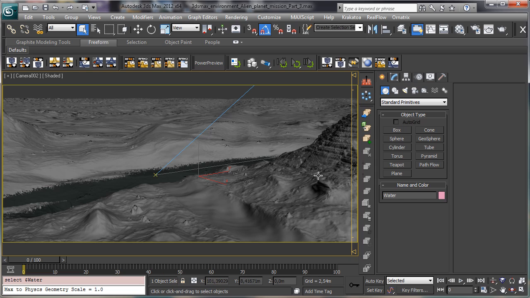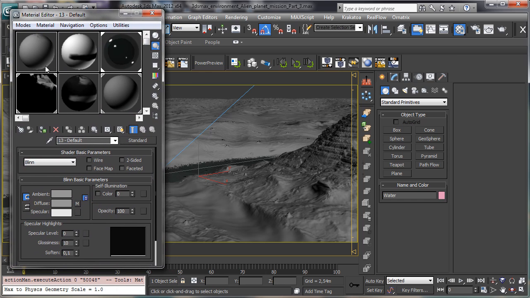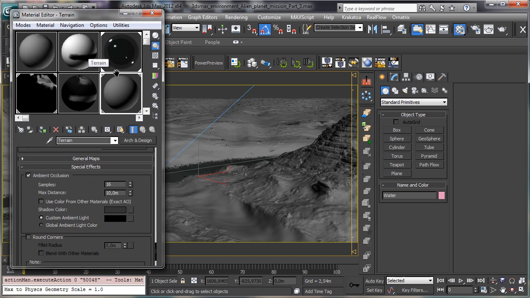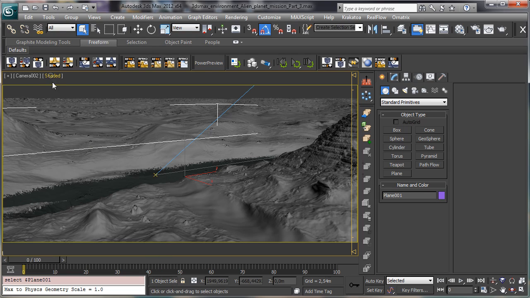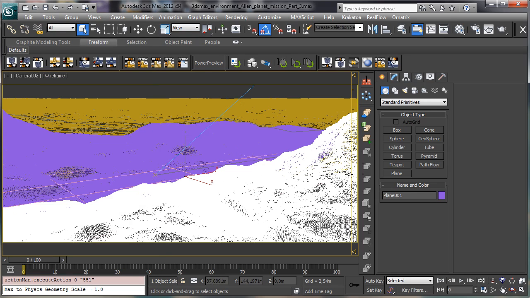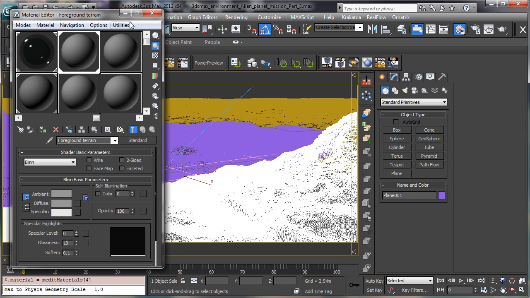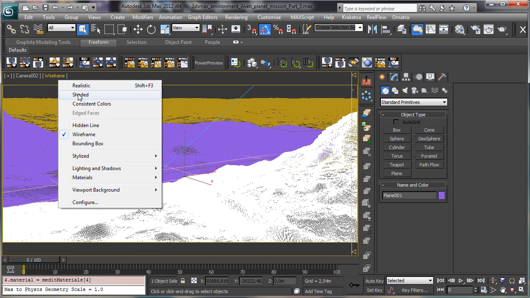So let's start from this part, and our shader for this part is actually general. So we create a new shader and we call it foreground terrain. Okay, let's assign it to the mesh we have there in front. Okay, let's go there and let's assign. Perfect. Now back to shaded,